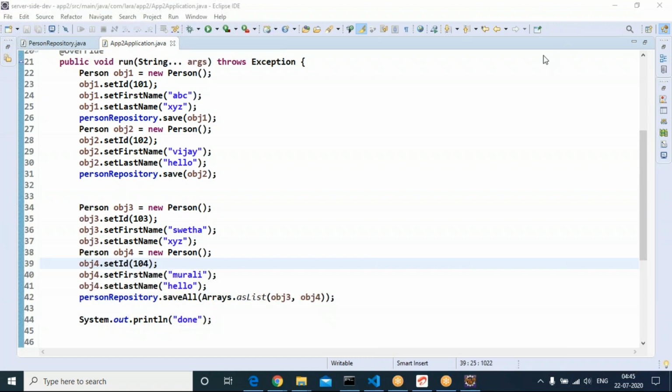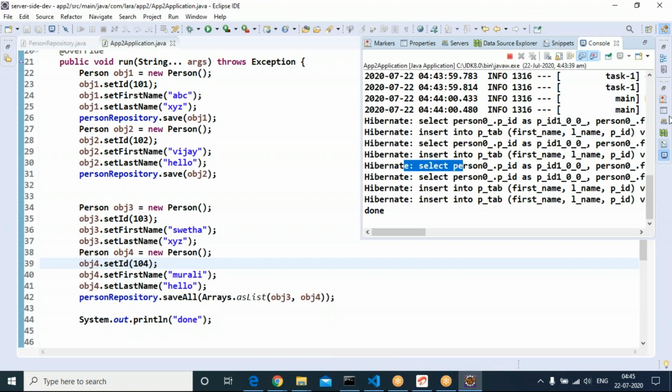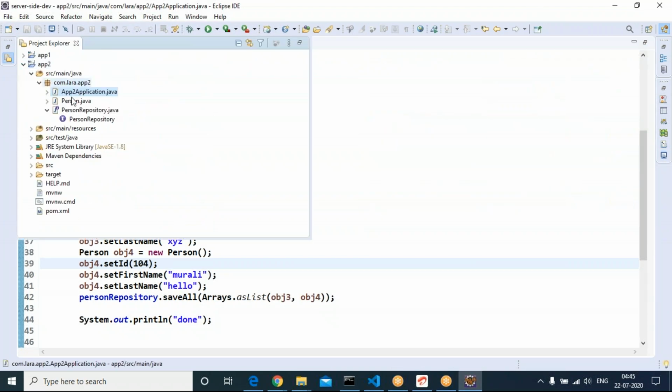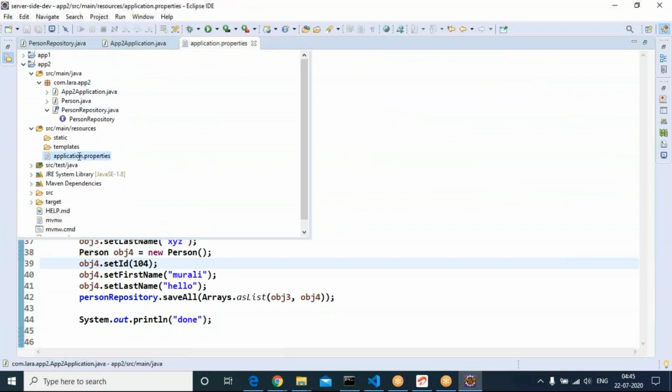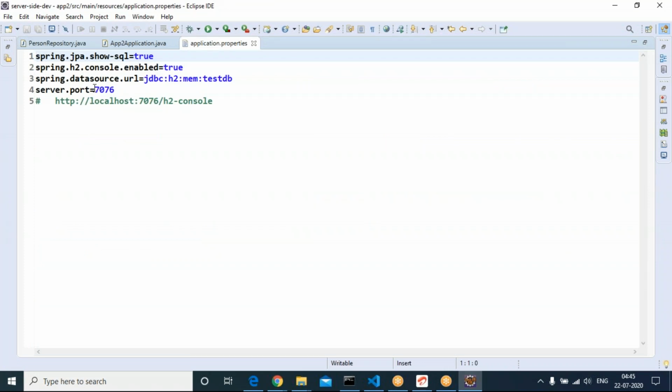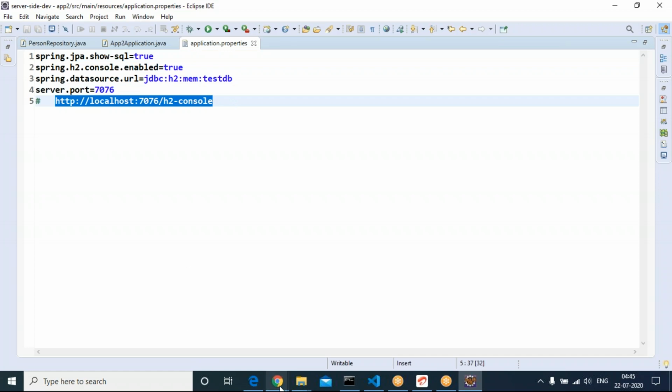We ran this very successfully. Now check the port number. What is the port number? 7076. Give a call to the console. Open a browser.